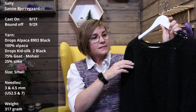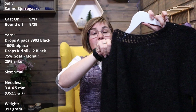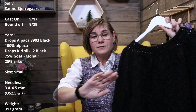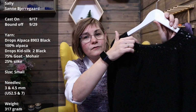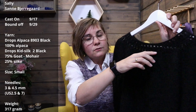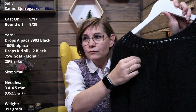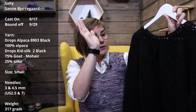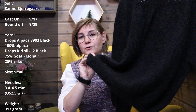It has this beautiful lace in the neck, and then it's just smooth sailing, all stockinette, no fuss at all. After the lace, you increase really rapidly, and then you get this poof in front, and then you just knit. You decrease a little bit before you knit the